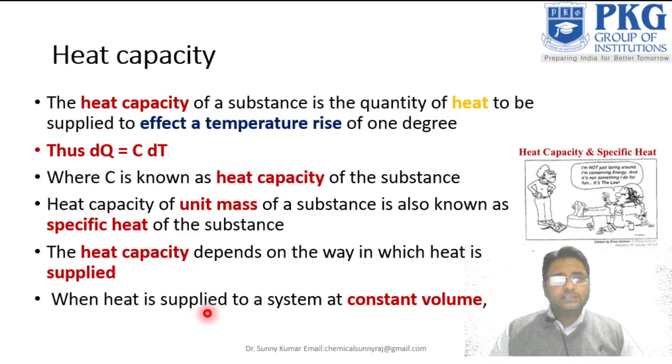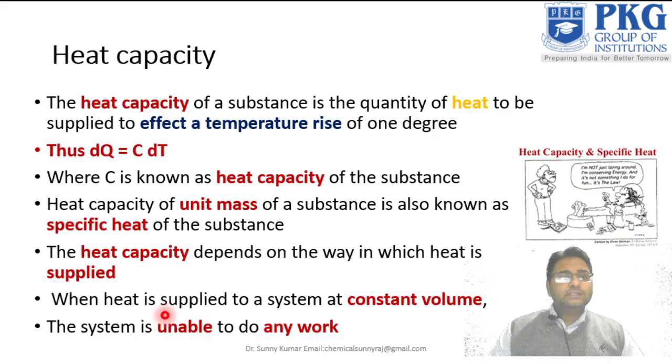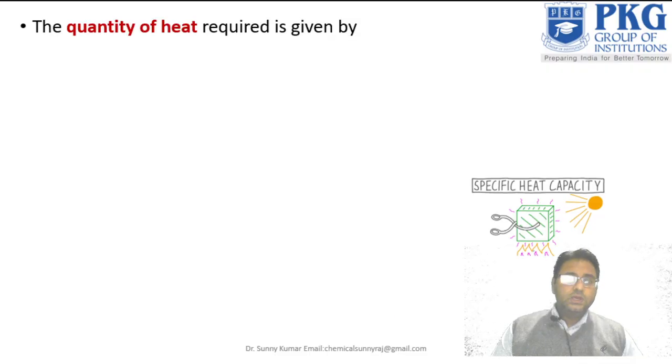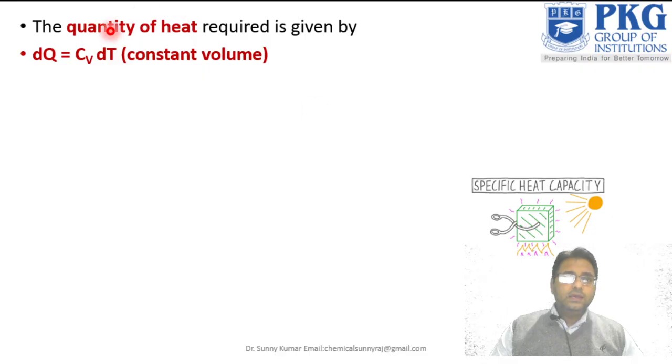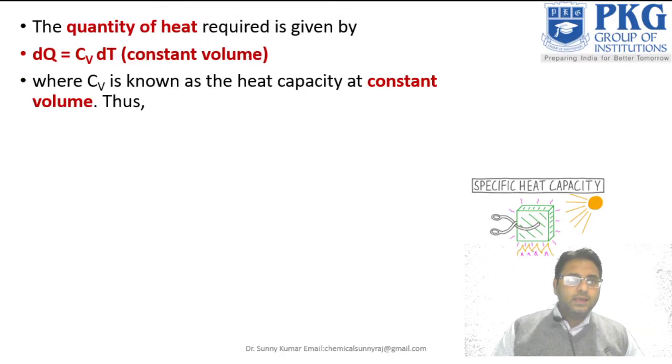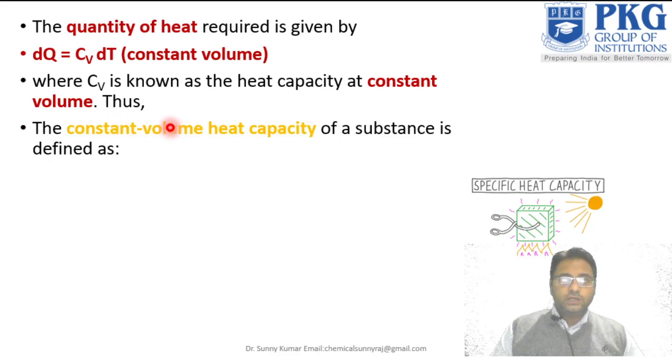So when heat is supplied to a system at constant volume, the system is unable to do any work. So the quantity of heat required is given by dQ = Cv dT at constant volume, where Cv is known as the heat capacity at constant volume, and the constant volume heat capacity of a substance is defined as,